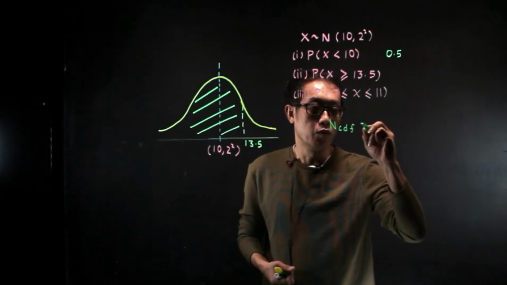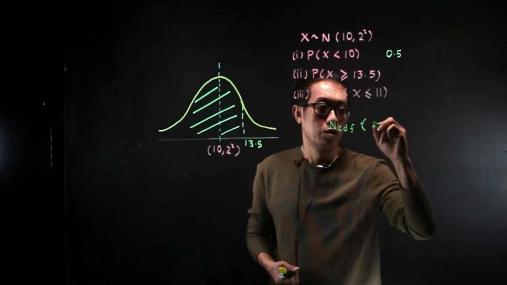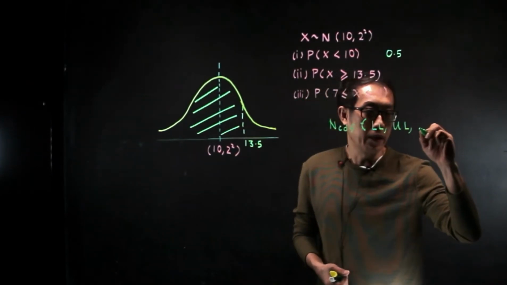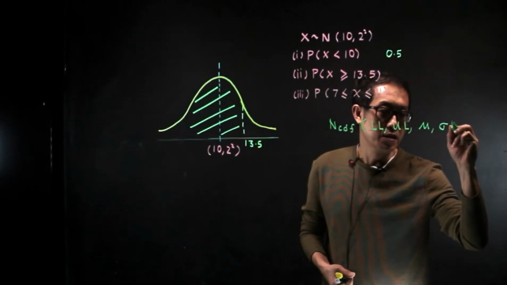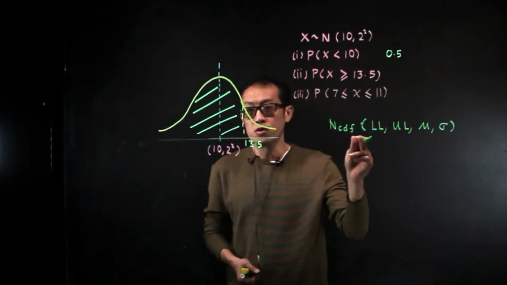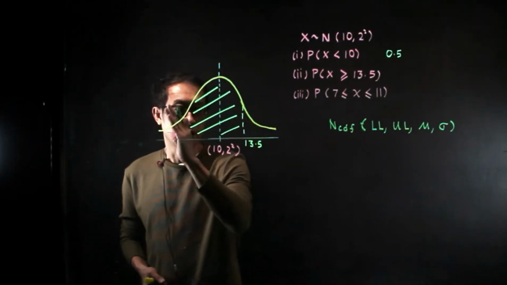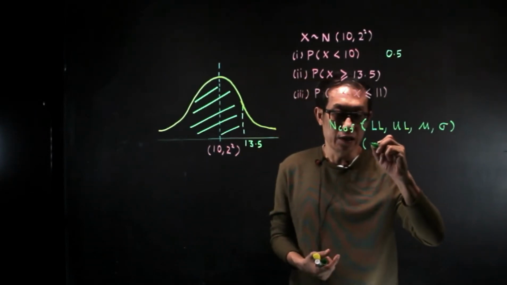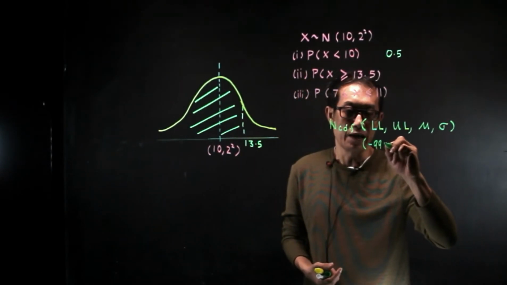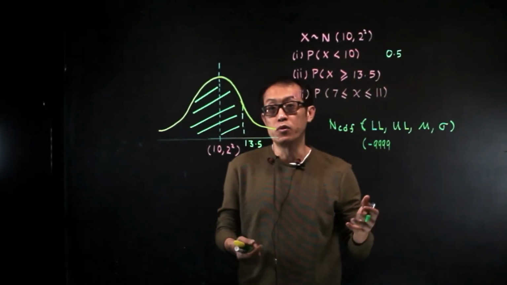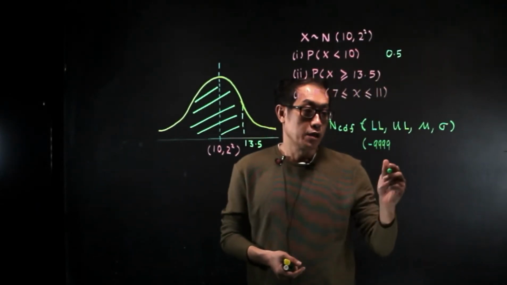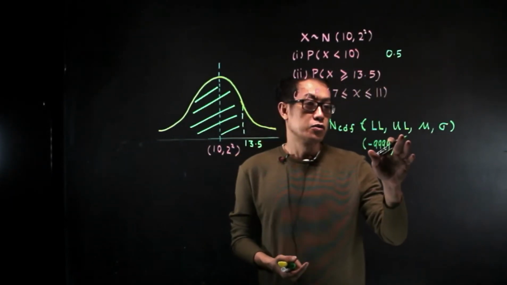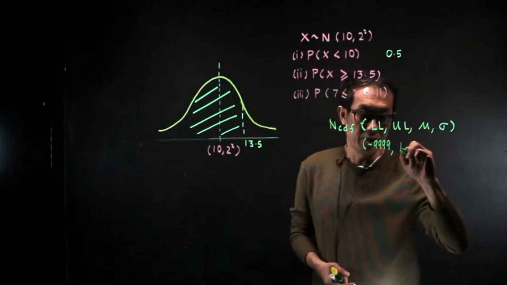The calculator will prompt you for the lower limit, followed by the upper limit, followed by its mean and its standard deviation. So you look at this graph, and you want this part of the graph. The lower limit will be negative infinity, so you can just put minus 9,999. You can put more 9s if you want, or some of you may put minus e to the power 99. The upper limit, you just put 13.5,